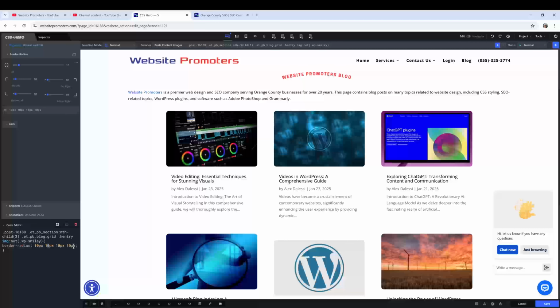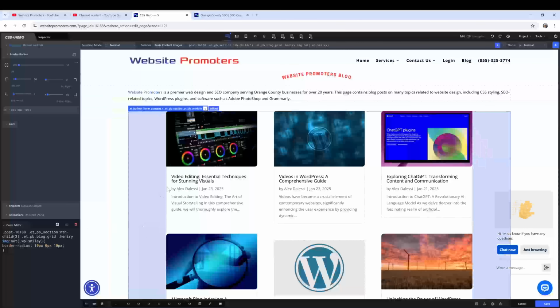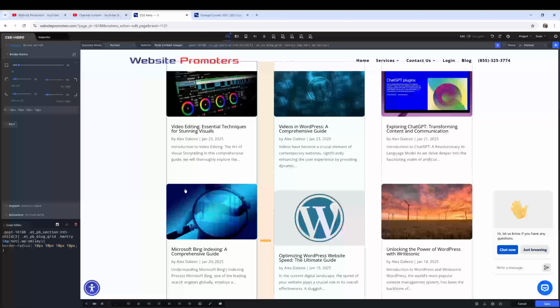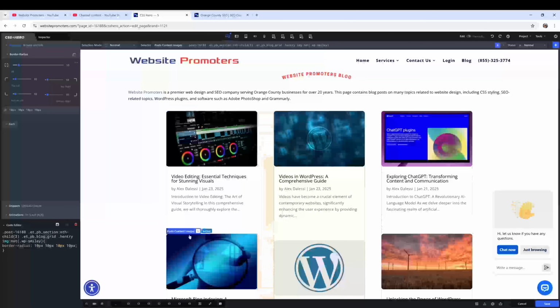Let's, for example, set this to 0 to see what happens. As you can see, the border radius doesn't change on top right and the bottom left. Okay, and then since the border radius on the image and the container is dealt with, I'm going to add